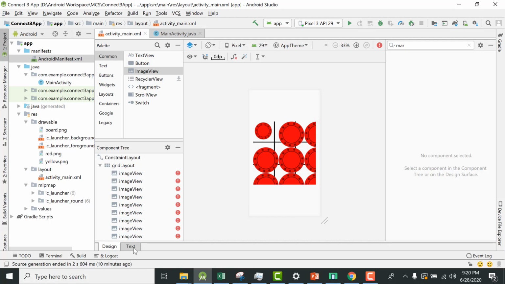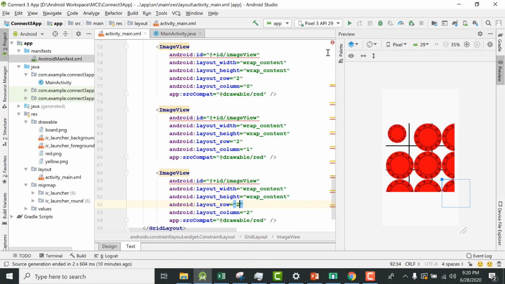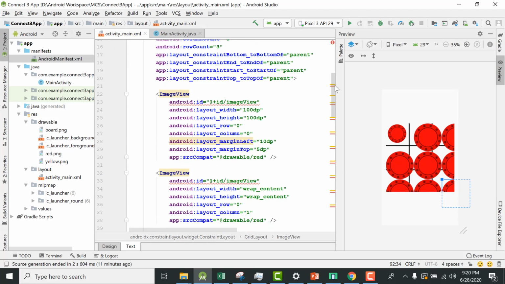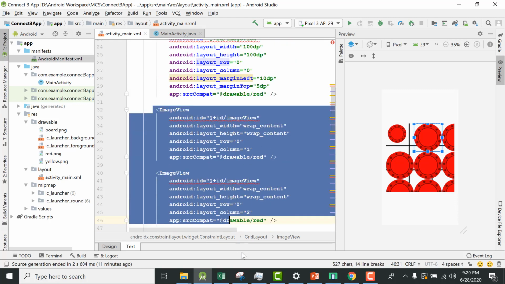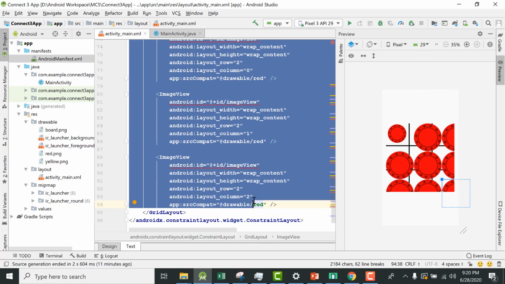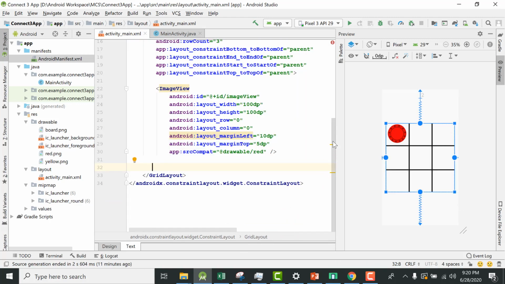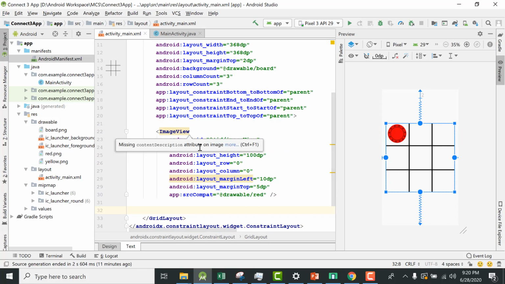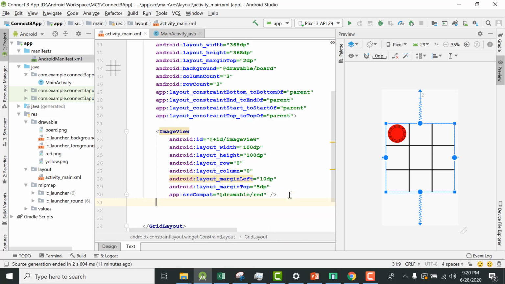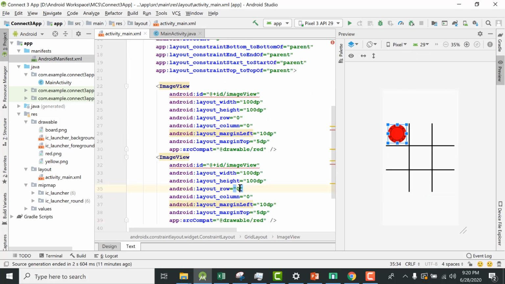So I'll be going back to my XML file. Alright, so let me go to the XML file, and just for the sake of this video, I'm going to delete the rest of these images. And yes, this image was looking good, so go and copy it, paste it, and change the row to be 0 and column to be